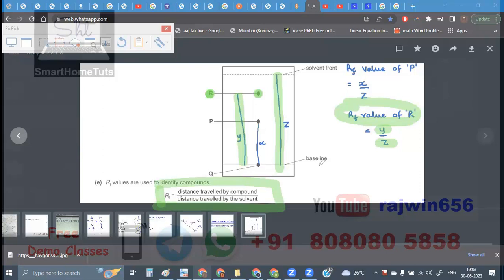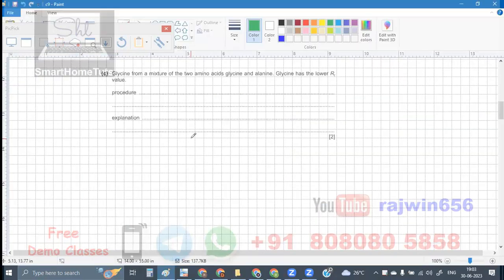You are going to take down that definition, and the separation of these components will be done by the process of chromatography. I'm going to write that answer down, then I'll give you time to copy down everything I have sent and marked. So the procedure that is used over here is chromatography. Okay. Glycine R has a lower RF value. Okay. So the explanation of this is